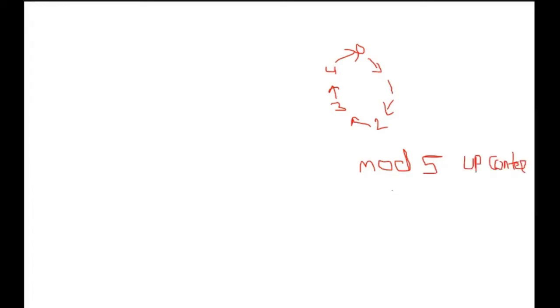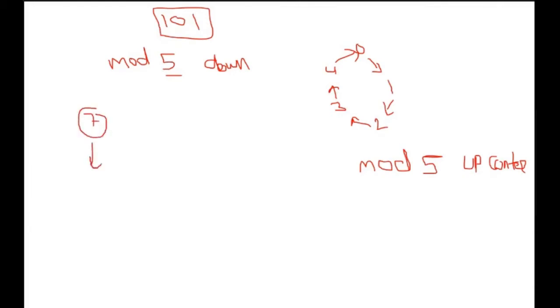Similarly, when I am saying mod 7 counter, that will be counting from 0 to 6. Mod 7 up counter. I can even have a mod 5 down counter. So for mod 5, 5 is nothing but 101 in binary. So you can say we need 3 flip-flops. For 3 flip-flops, we are having 0 to 7, a total of 8 states. So it will be counting from 7 to 6, 6 to 5, 5 to 4, and 4 to 3. And after that, it will be preset again. So these will be the states that it will be counting.